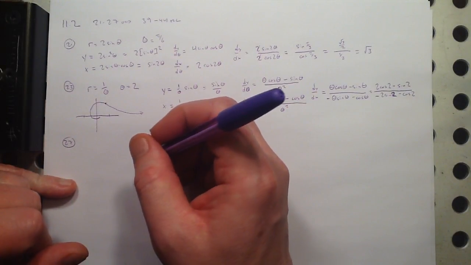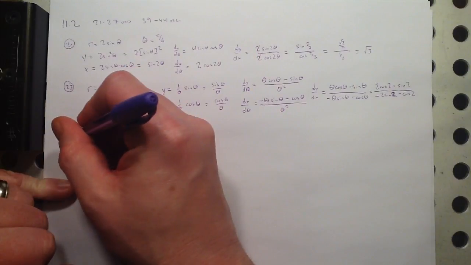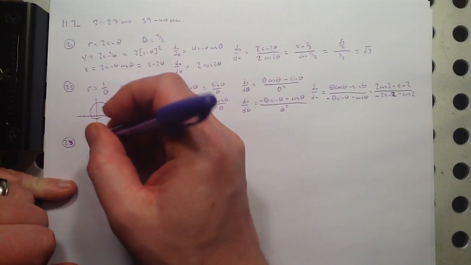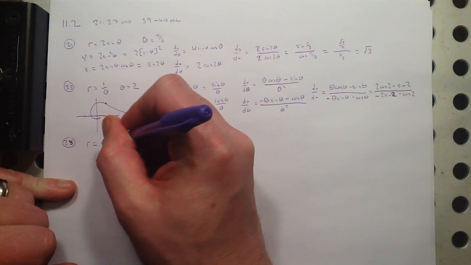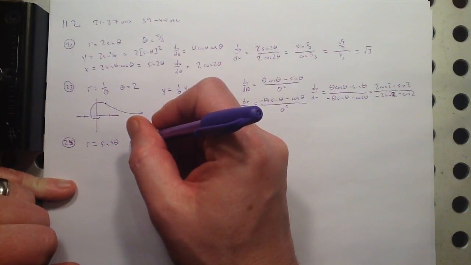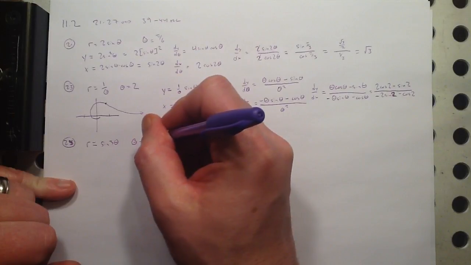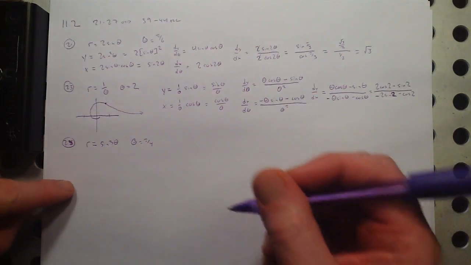Let's see, what do we have here? 27, sorry, that's not the next odd number. 25 is r equals sine of 3 theta, and that's at theta equals pi over 4. We're going to find that. So